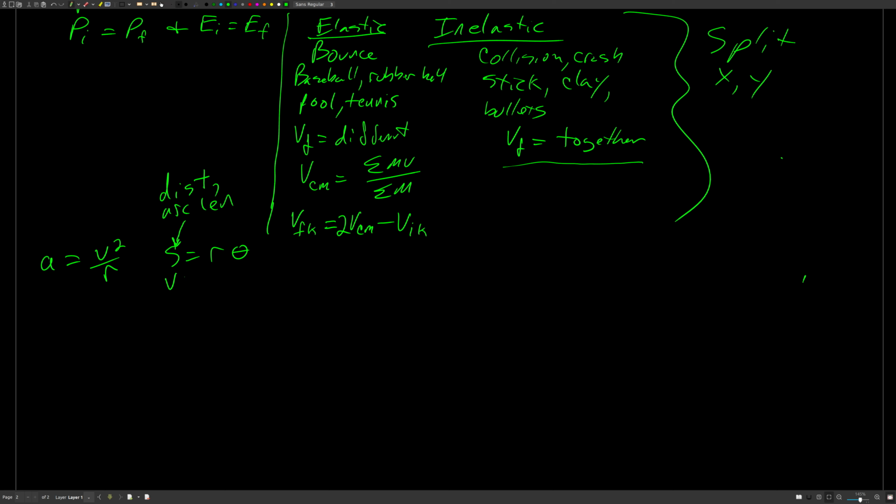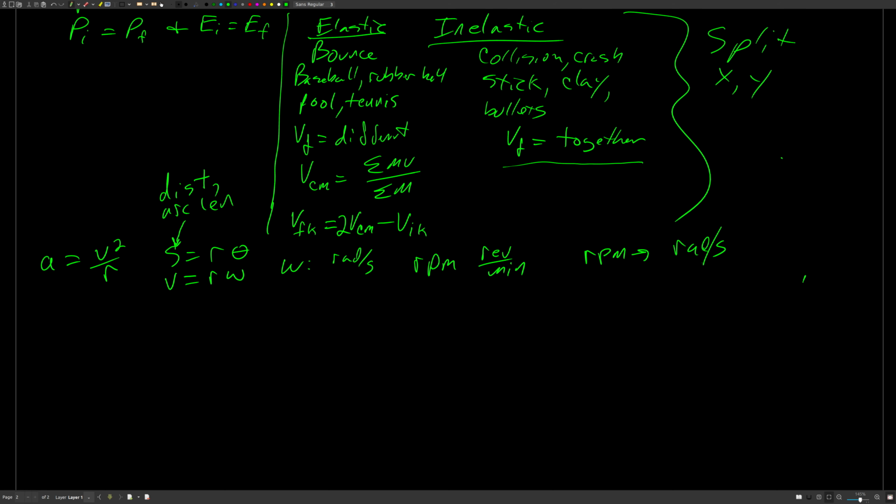And then which leads to, by taking a derivative, v equals r omega, because v is the derivative of distance, and omega is the derivative of theta, because omega is always going to be radians per second, and we have to watch out for RPMs, which is actually revolutions per minute. So in this case, we would change the minute to seconds. Yeah, so we need that conversion factor. So if I needed to go from RPM to radians per second,